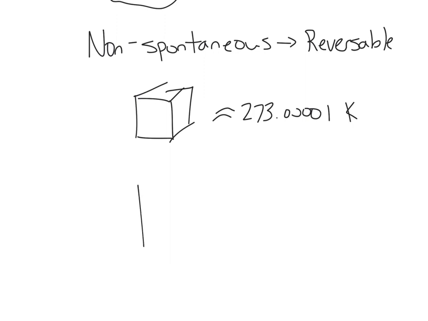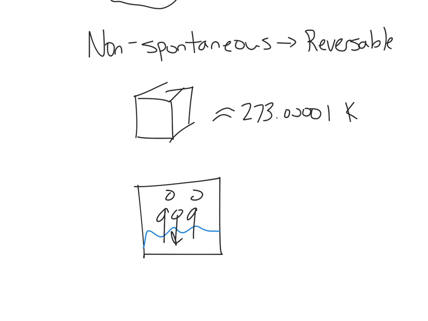Another example that comes to mind is, imagine you've got a sealed container of water, and it's sealed at the top so no vapor can escape. And you've got some of the particles escaping as gas and some of the particles as gas reforming liquid. This process is happening equally in both directions, and so in this case, the water vapor and liquid water are in a non-spontaneous, reversible situation, which means the water particles and the water vapor particles are changing states of matter inside the sealed container without any outside interference, which makes them non-spontaneous and reversible.